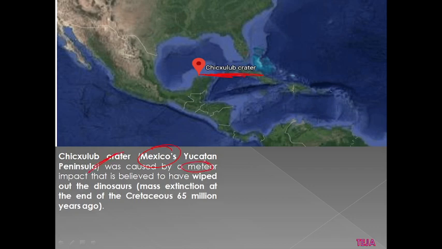It was caused by a meteor impact and is believed to have wiped out the dinosaurs. That is the mass extinction at the end of the Cretaceous period. So I have already told you now, the extinction of dinosaurs was also caused by these meteors,